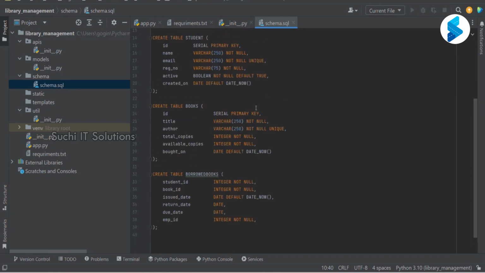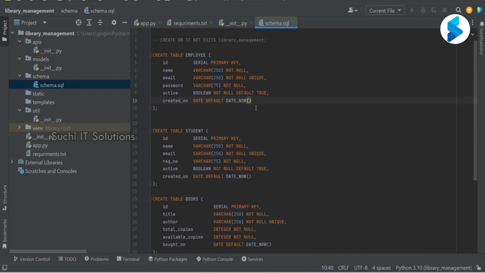No, sir. Right, this is how our table structure is going to be. Our DB name is library management, under which we will be storing all of these tables, and we'll be using these tables to store the respective data. Okay, so let us go to the